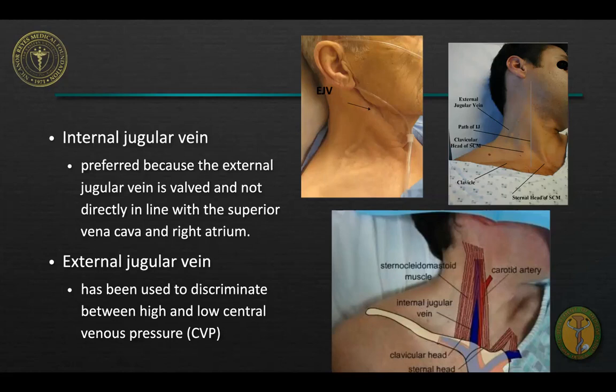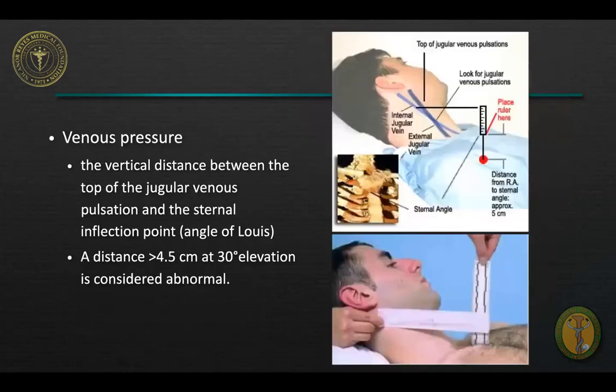We usually use the IJ vein when we put in access for patients who will undergo hemodialysis. So we put a catheter at the internal jugular vein and use it for hemodialysis purposes. From your first year to the second year and up to now, third year, we usually still teach you how to get the JVP. Okay, these are the photos shown to you. This is how you measure your JVP.